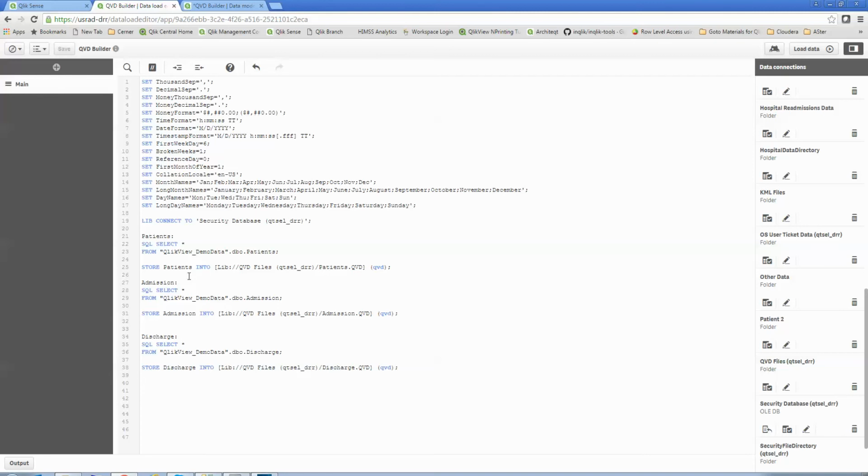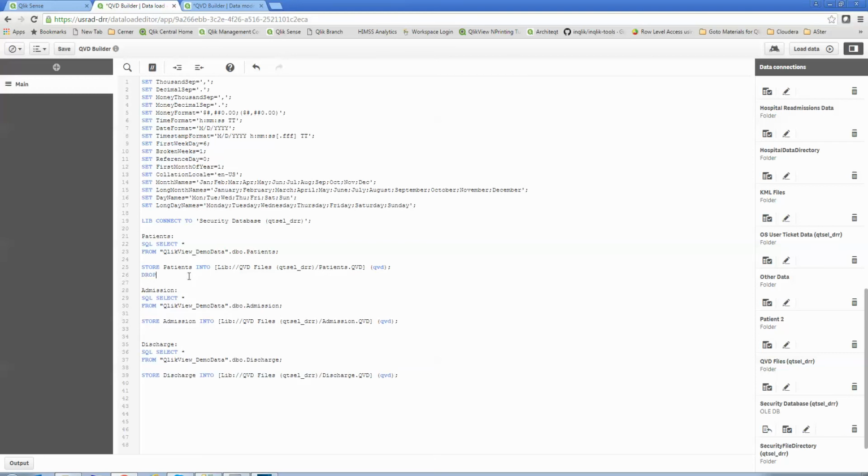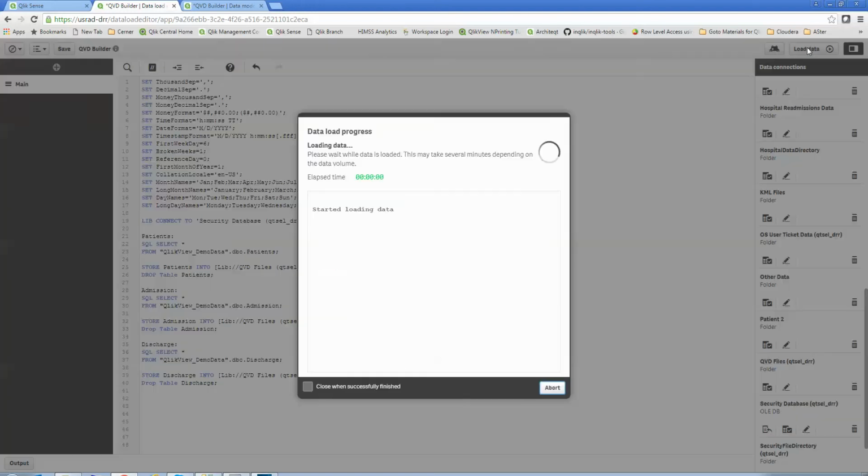Now, in reality, do I even need to retain this data anymore? All I'm trying to do here is read and store so that other applications have access to this. So one of the other things that I can do within my load script is simply say drop the patients table. And I can drop the table admission, and hopefully I won't make the same mistake a third time. Drop table discharge, and if I were to run this again,